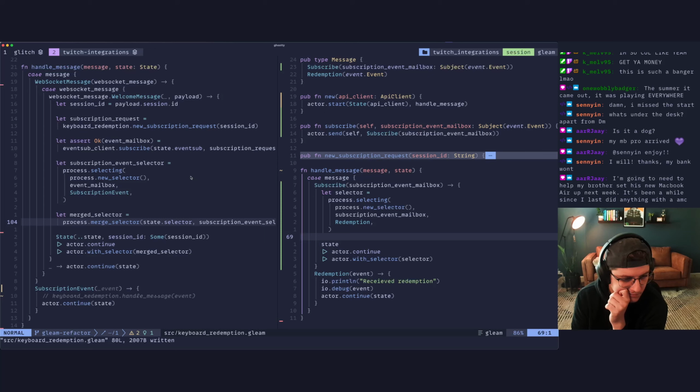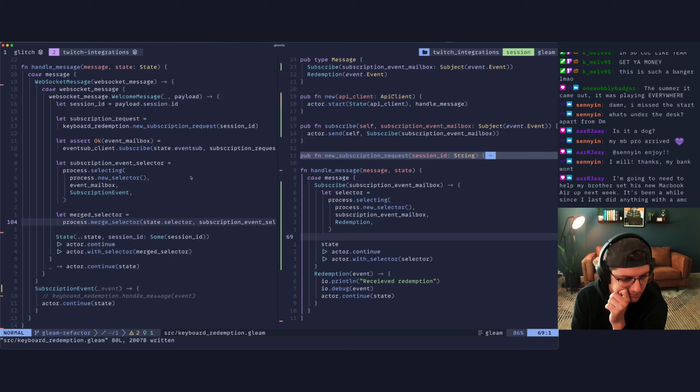So now that we have that, we just need to come in here and we'll say keyboard subscribe. And this is going to take our state.keyboard. Right? And that then gets the event mailbox.